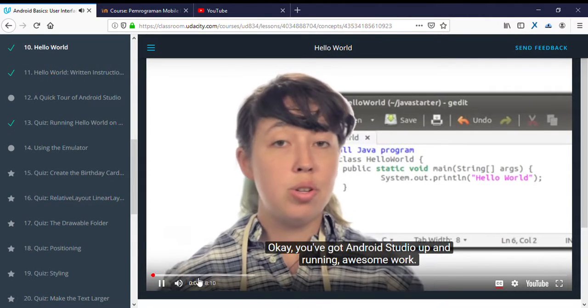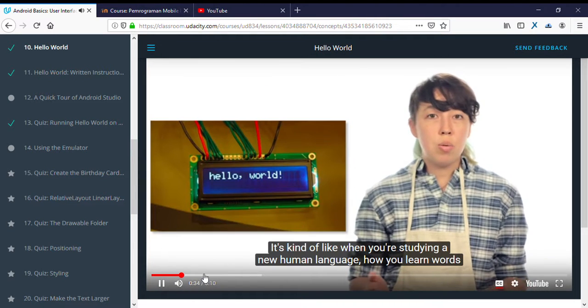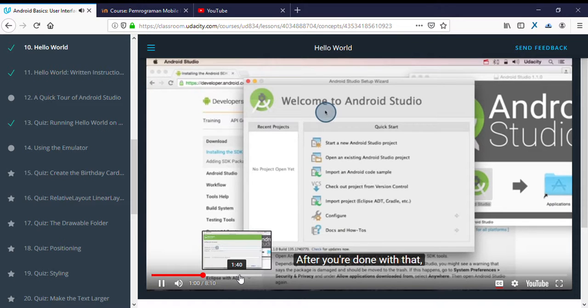Okay, you've got Android Studio up and running. Now you're going to pretend what kind of like when you're after you're done with that, we provide